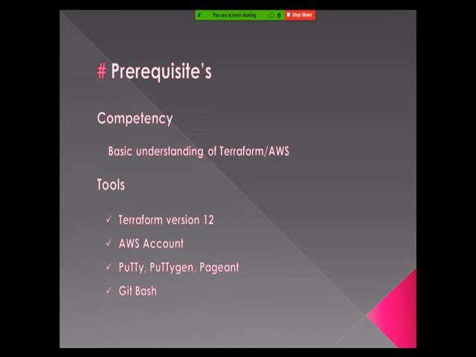The reason we need Git Bash is because we want to execute some Terraform CLIs, which work better on a bash, Git Bash. If you are using a Windows laptop, then we recommend having Git Bash. If you are using a Mac, then you can execute this straight away. You no longer require Git Bash. You can execute the Terraform commands straight from your terminal. But if you are using a Windows laptop, we recommend having Git Bash installed. Again, a freeware software, few clicks of effort to install it, and we are good to go. So this is more about prerequisites in terms of competencies as well as tools.